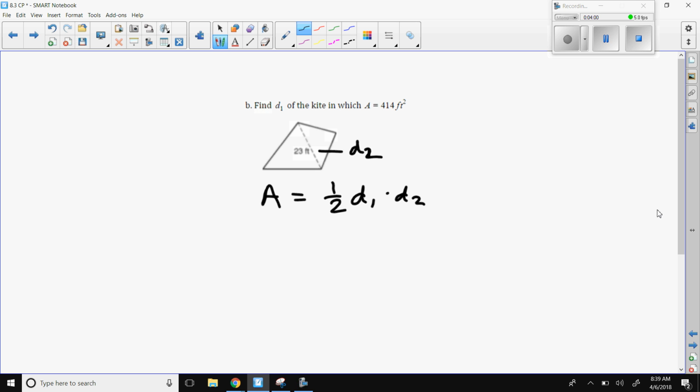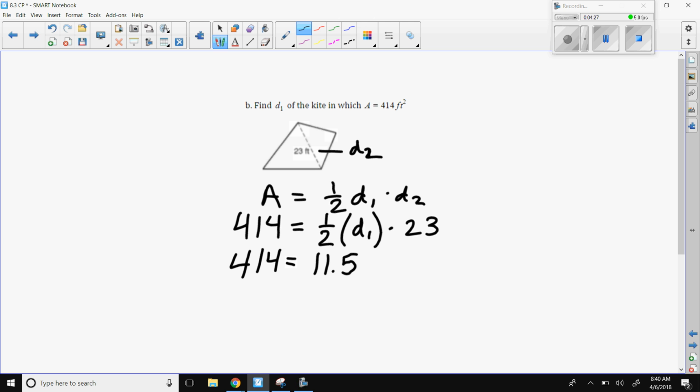Okay, I want to fill in what I know. 414 equals 1/2 times diagonal 1, which I don't know, times diagonal 2. These are all multiplication, so I can do some of these first. I can do 1/2 times 23, which is just some division. That's going to give me,